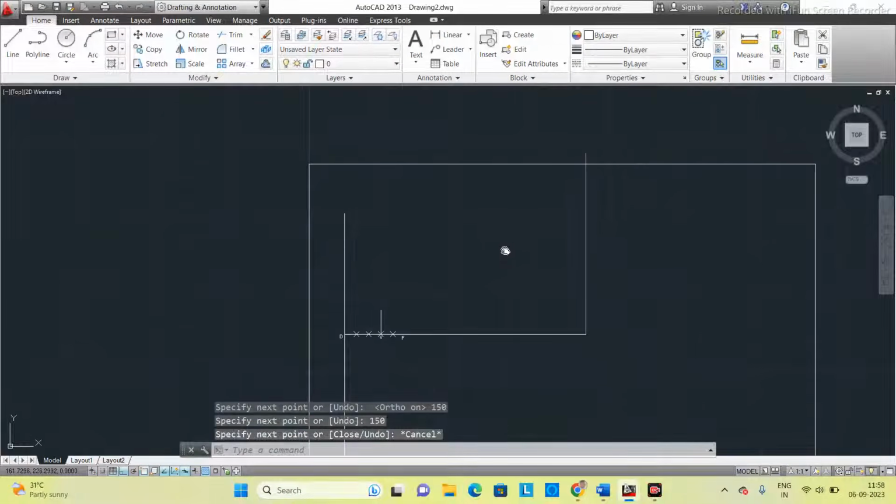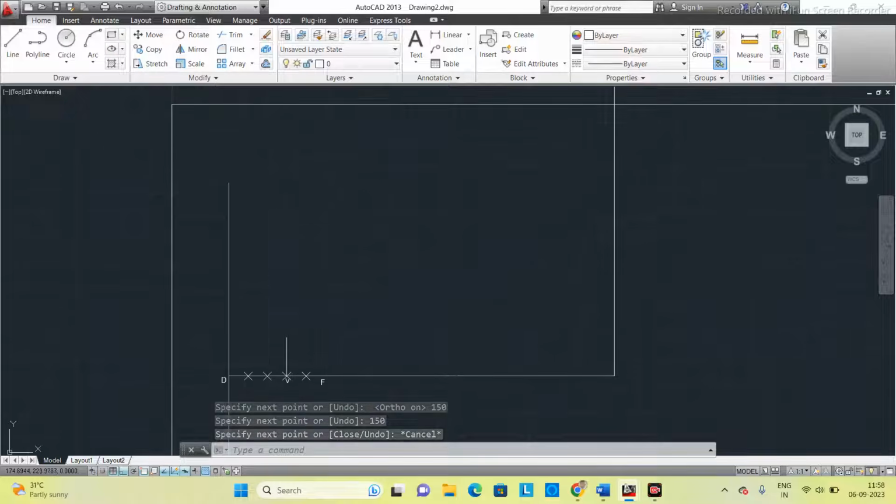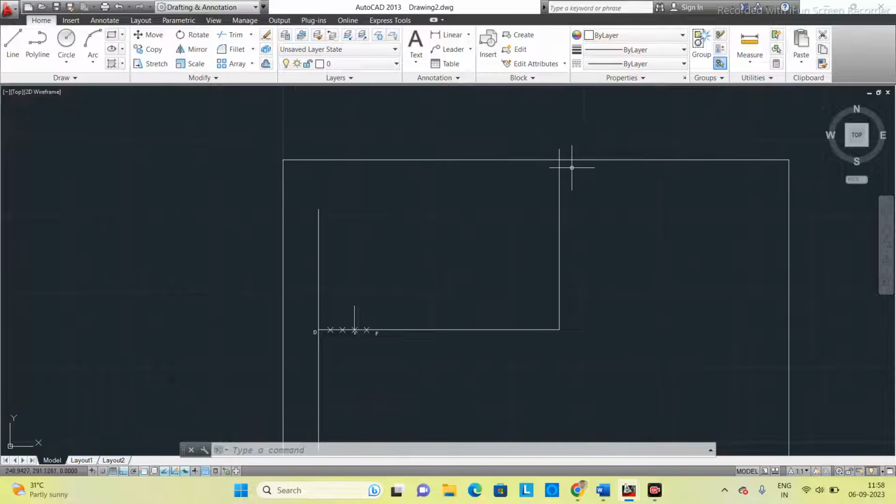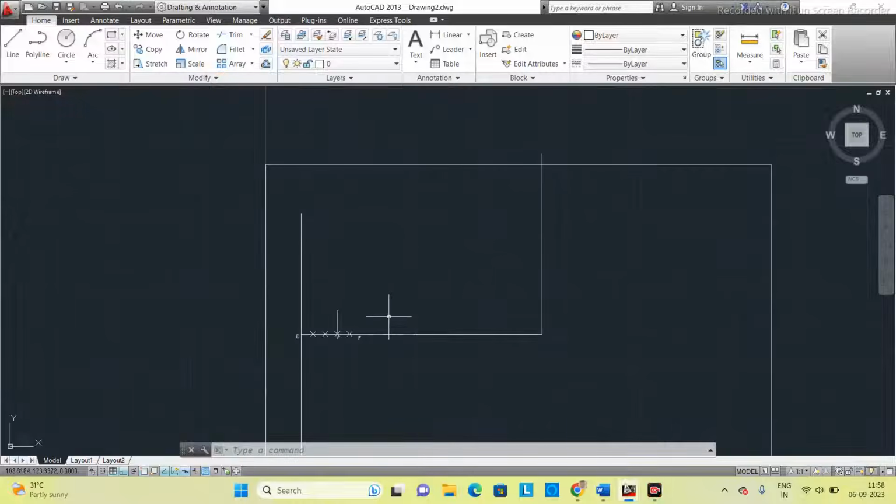Okay. Next what you have to do, don't worry, it is going outside the limit. If you want to draw outside the limit, you can switch off the limit and then you can draw. Okay. So now again click the line option,